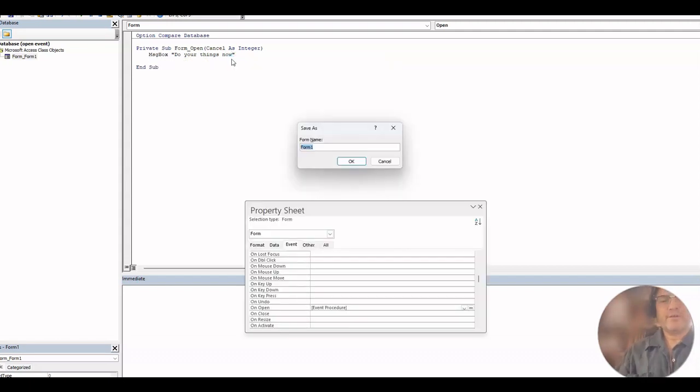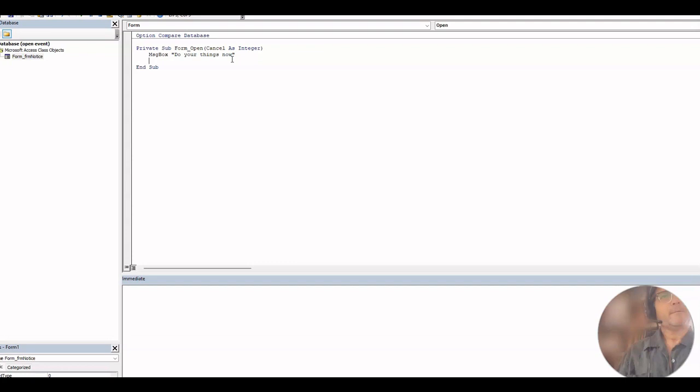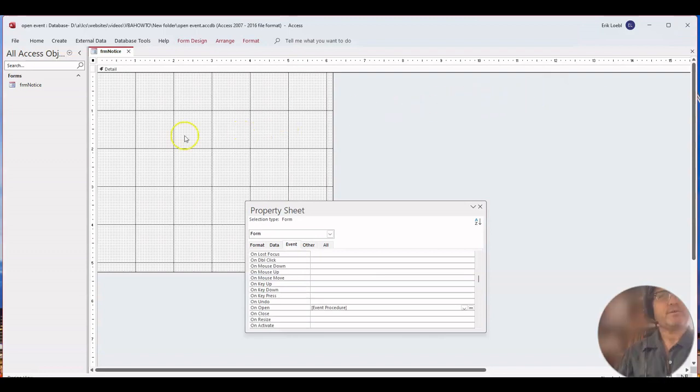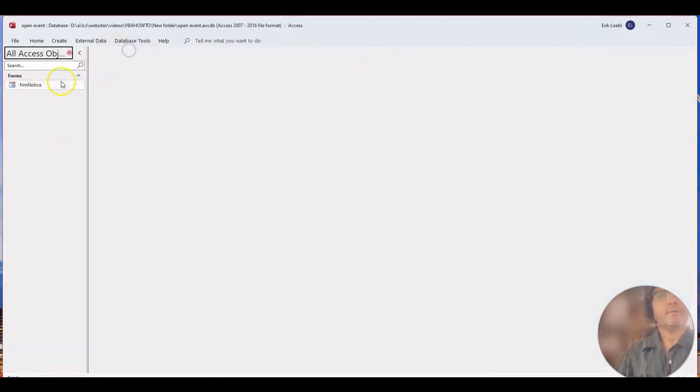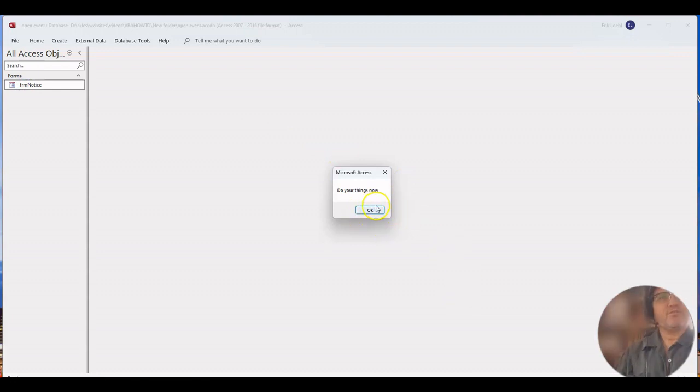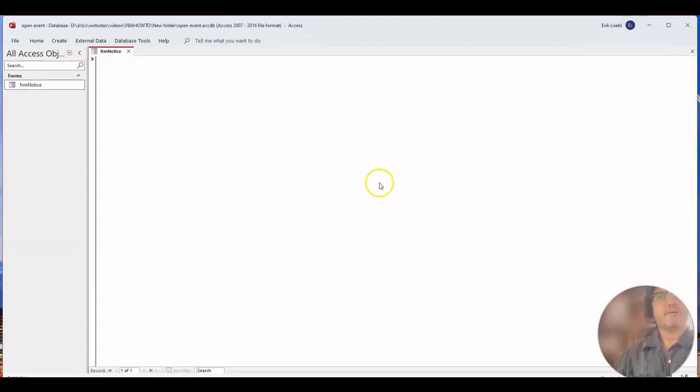And I'm saving this, frmNotice. Okay, I'm closing out of the box here. Let's see what happens. My form is called frmNotice, so when I open it, I get "Do your thing now." Okay, so that's how I open a form